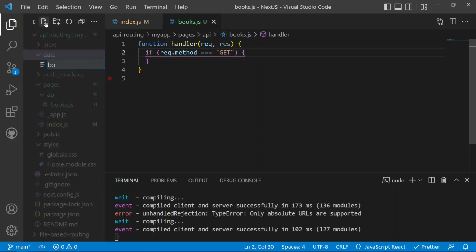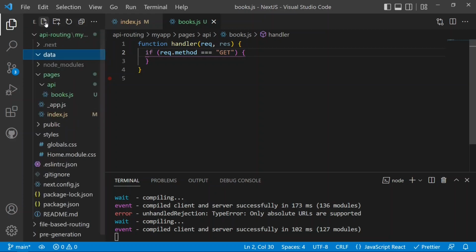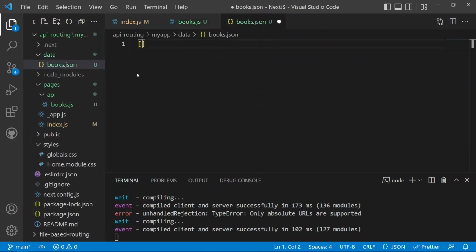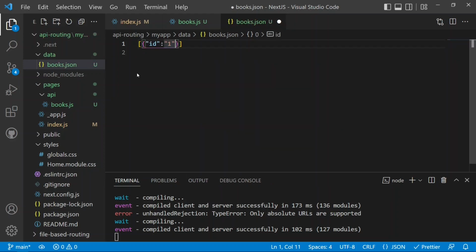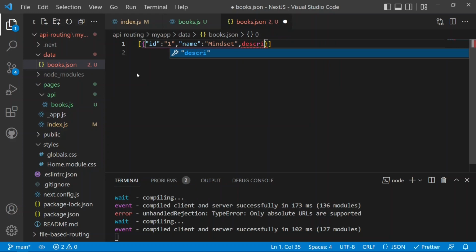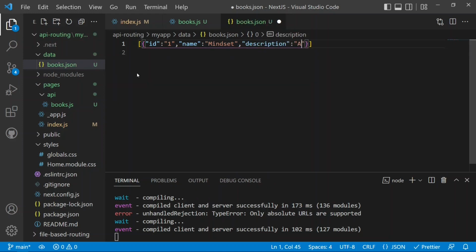So we have the books.json, and inside that we will just have here the empty array, and inside the empty array then we will have a single book. So we can have a single book, and it can have an ID. So the ID can be 1, and then we can have here the name of the book, and the name of the book can be mindset, and after that we can have the description of the book as well, and the description can be equal to the new book,